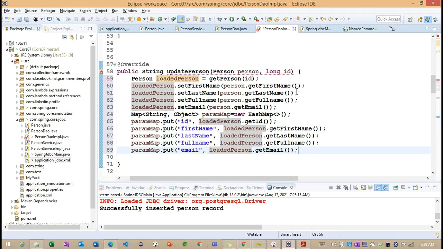Instead of setting so many properties, directly we can set this information here.